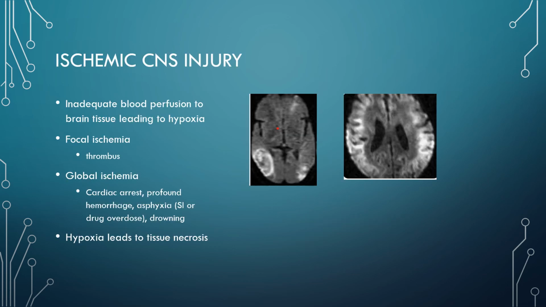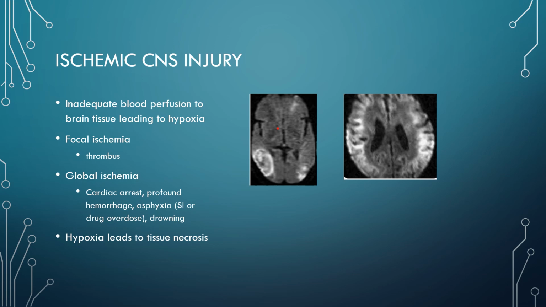The next category of brain injury is ischemic CNS injury. Ischemic means lack of blood flow, and I think that is modern Latin with Greek roots, ischemia. So in this case, you have lack of blood perfusion or inadequate blood perfusion to the brain tissue, which leads to tissue hypoxia. And that could be from various causes,